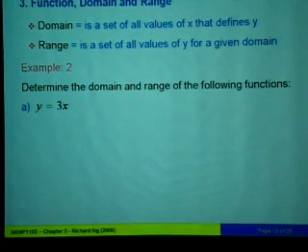Okay, let's move on to the next subtopic known as function, domain and range. What is actually a domain? Domain is a set of all values of x that can define the y. In other words, domain is all the values of x where y can be defined. This value of x, of course, you can find from the x-axis. And then for range, range is a set of all values of y from the given domain. So range refers to